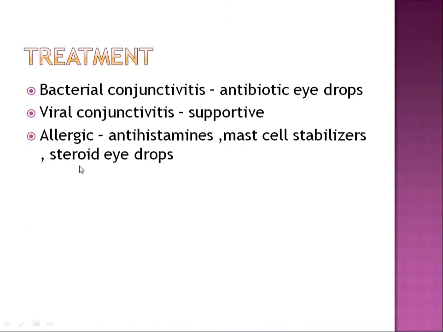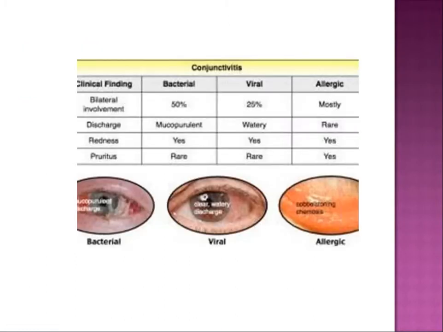Whereas allergic conjunctivitis, depending on the severity of allergic conjunctivitis, we start the treatment. If the patient is having mild allergy, an antihistaminic will be sufficient. Depending on the presence of a long-term allergy which is not subsiding, you can go for a mast cell stabilizer. If the patient is presenting with acute symptoms, then you might have to start a low-dose steroid eye drops. So always remember, the steroid eye drops will have to be tapered.